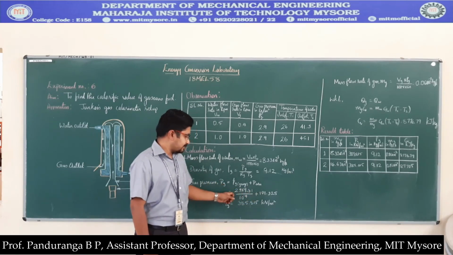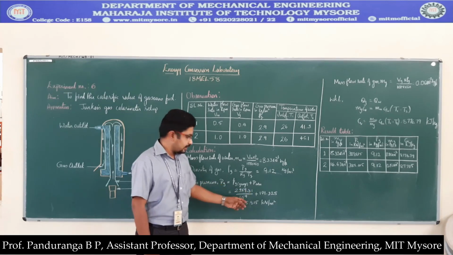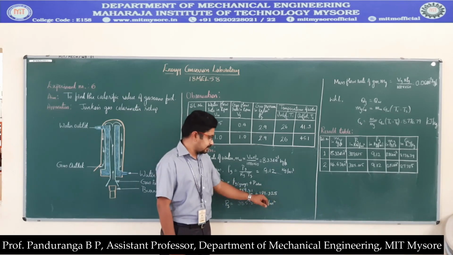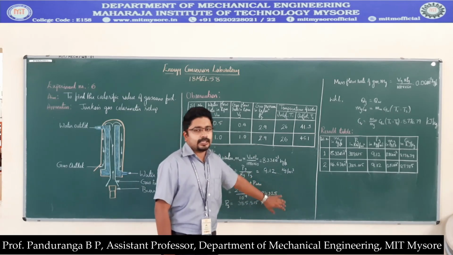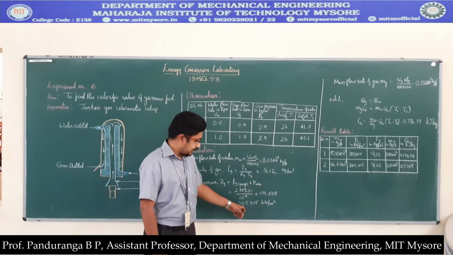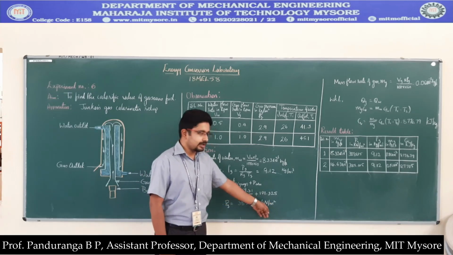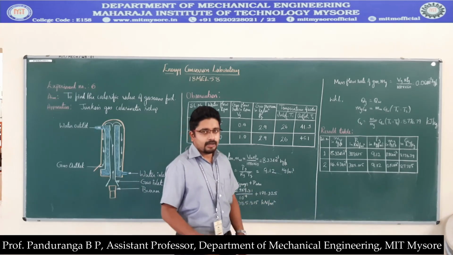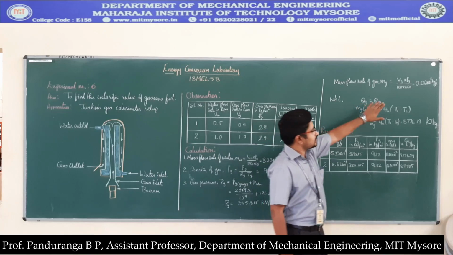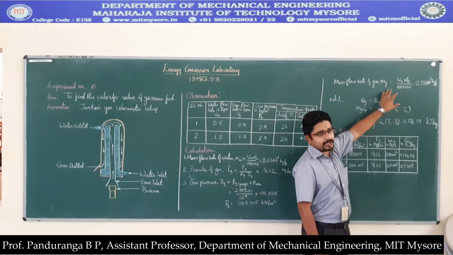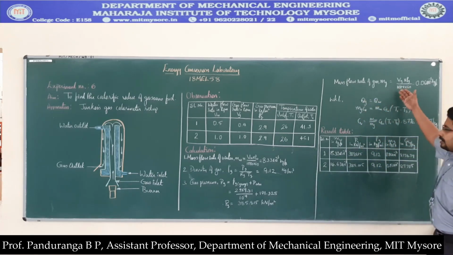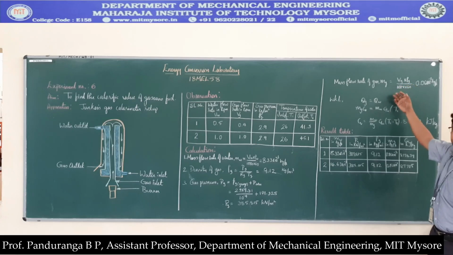Okay, so the gauge pressure will be 2.9 into 9.81 divided by 10 to the power of minus 4 plus the atmospheric pressure, that is 101.325. This is in kilonewtons. So the total pressure of the gas is 385.815 kilonewton per meter square. Once we get the pressure of the gas, now we can find out the mass flow rate of the gas, which is given by Vg rho g divided by 1000 into 60. Again, the 1000 into 60 is here to convert the liters per minute to meter cube per second,